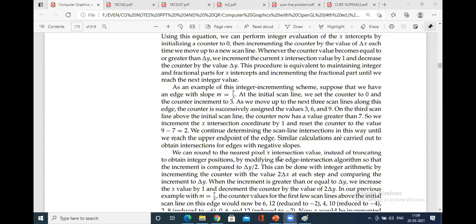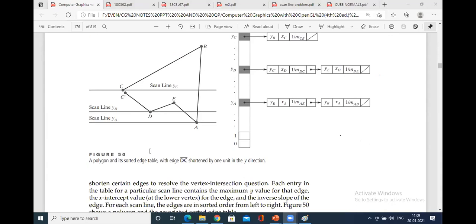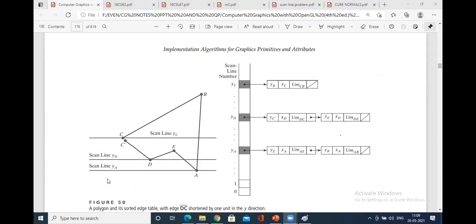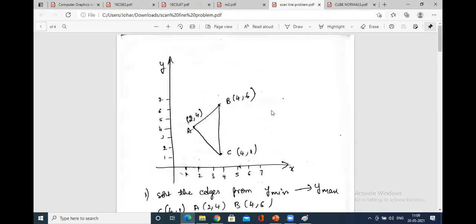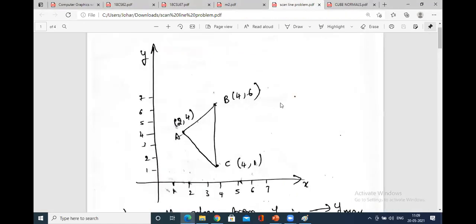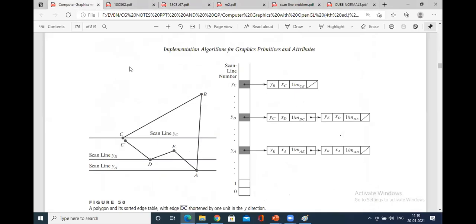Then coming to the concepts, how do you represent these scan lines? This is quite important. All of you analyze this, because based on it you have a problem. The scan line problem that we are going to solve, maybe in today's session or tomorrow's morning 9:20 session, is very important, and you are going to get a question on this in the internal and also in the external exam. So before I solve this problem, try to understand theoretically what exactly is happening here.